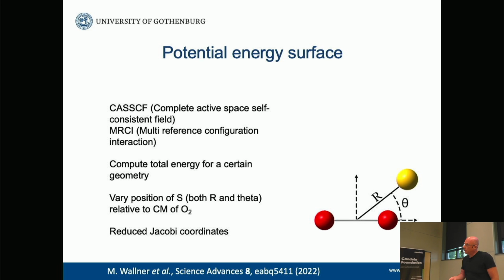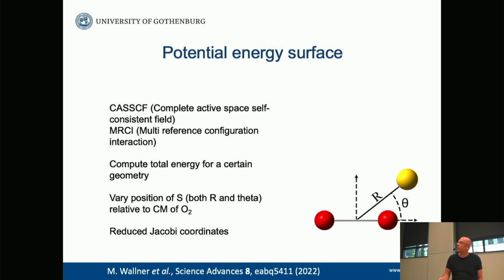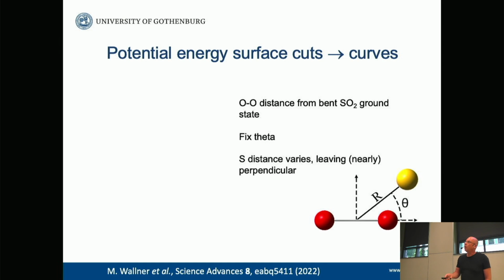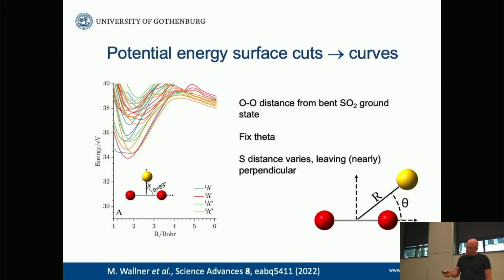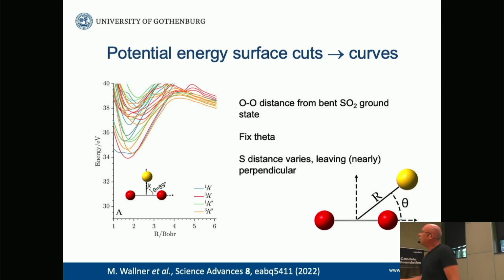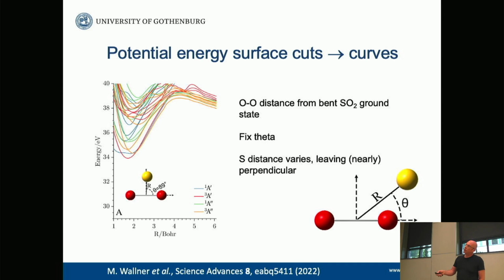One uses the reduced Jacobi coordinates for that. So there are the results for the case where one assumes a geometry like this, so the angle theta nearly 90 degrees, so the sulfur atom basically being perpendicular to the O2 part. And these are the potential energy curves one can then get by varying the distance of the sulfur atom relative